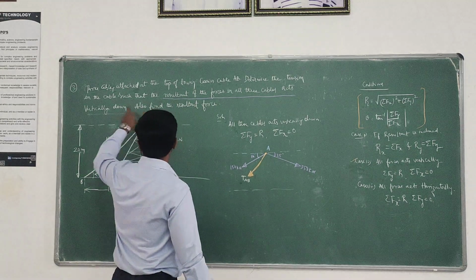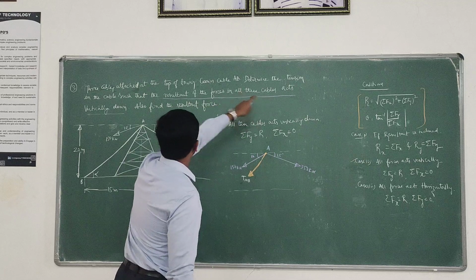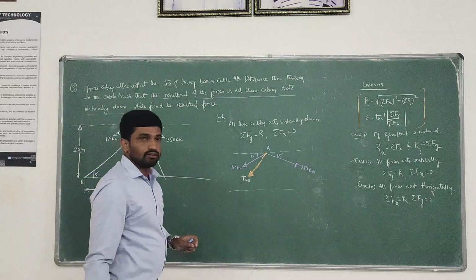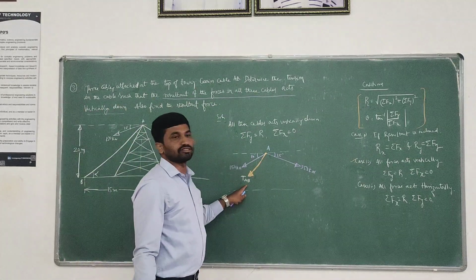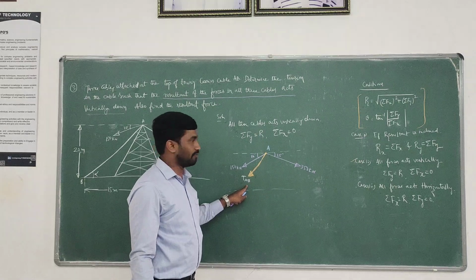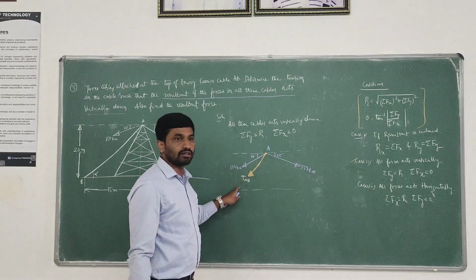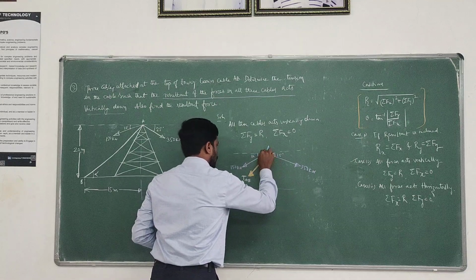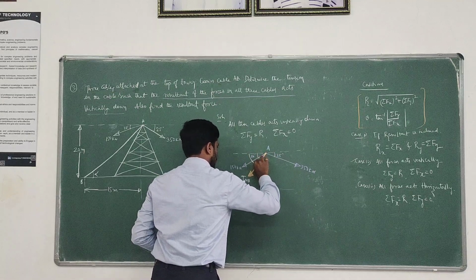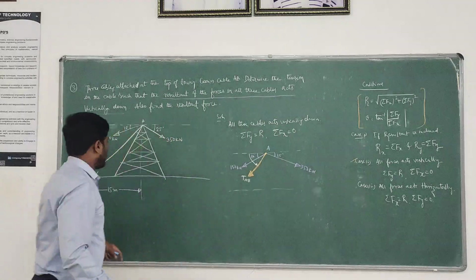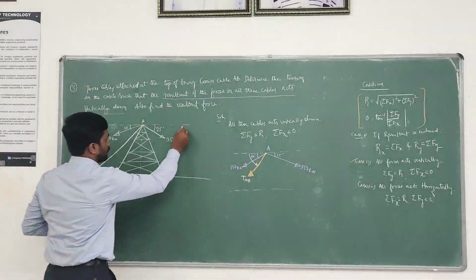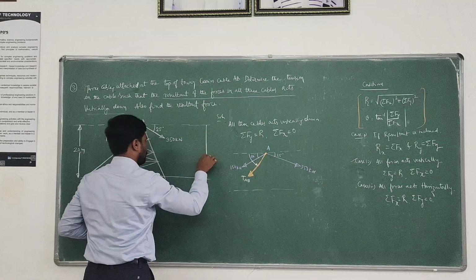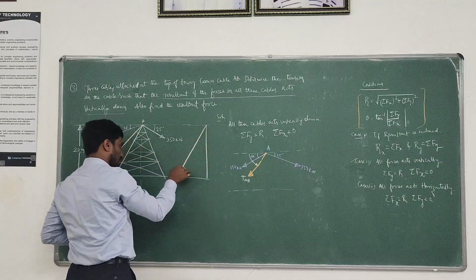This is the force we have to determine. So what is he asking? Determine the tension in the cable. So we have to determine this tension TAB. But what is the inclination? I don't know the inclination. We have to compute this inclination. To compute it, consider the free body diagram. Like this is the vertical and this is the cable AB.